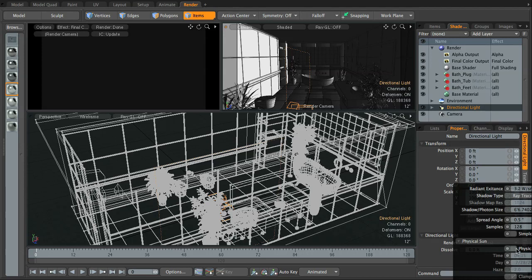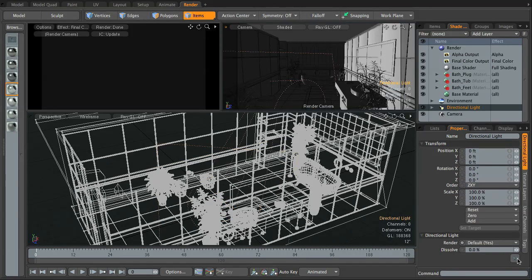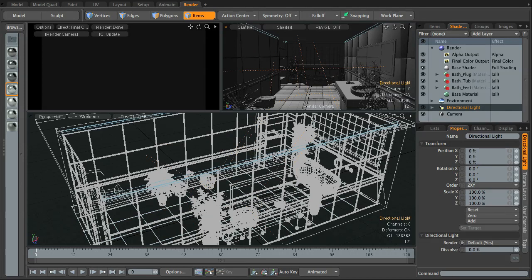So we're going to turn on physical sun. It's just a case of checking the box, and this is going to be a morning type shot, so I'm just going to set these times and dates for morning, but for your own scene you can have a play around in the 720 if you want. So I'm going to put it at 8:25 in the morning,